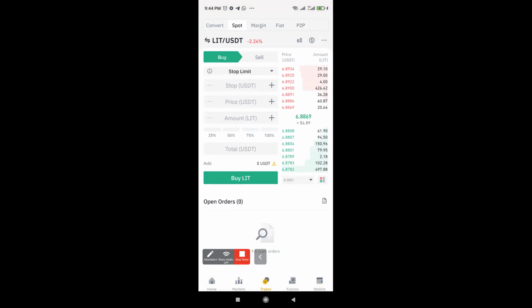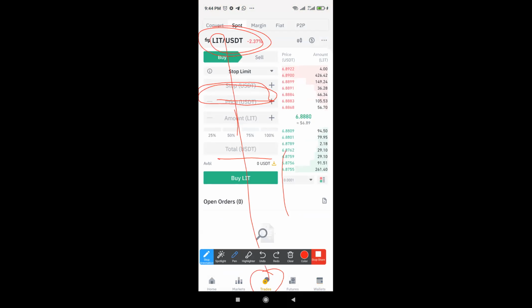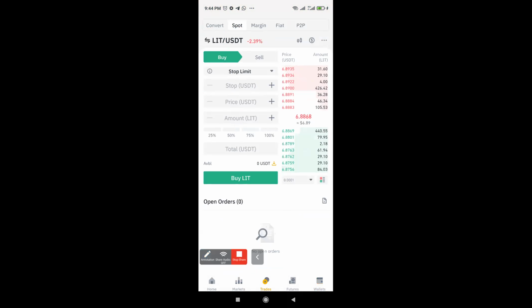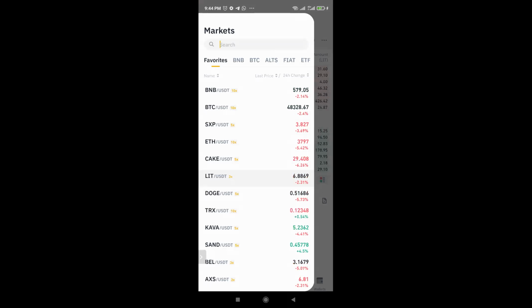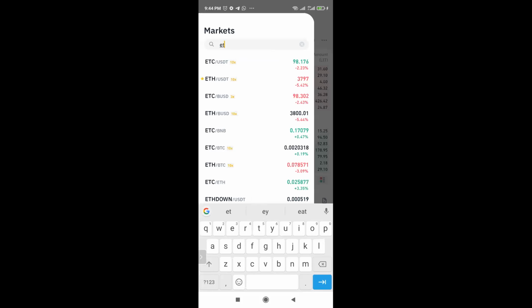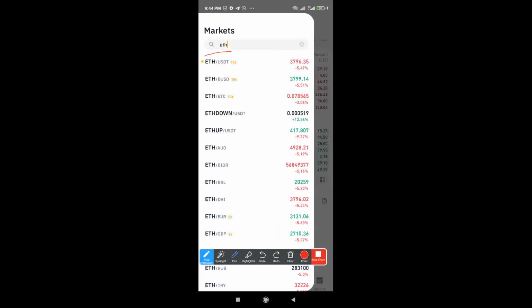Remember how we searched for lit against USDT? Remember how we searched for this part to change it? So you click on it. You can search for, let's say, Ethereum. Basically, when you are searching Ethereum against USDT, you have USDT and you want to use it to buy Ethereum.